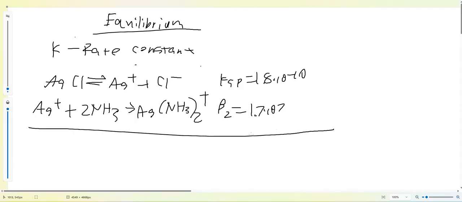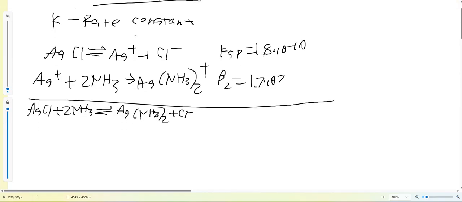Very similar to last unit when we did Hess's law. So, AgCl plus 2NH3 turns into AgNH3 2 plus Cl minus. So, what we can actually do now is, instead of adding these two equilibria together, we multiply them. So now our new K is equal to 1.7 times 10 to the 7th multiplied by 1.8 times 10 to the negative 10th,